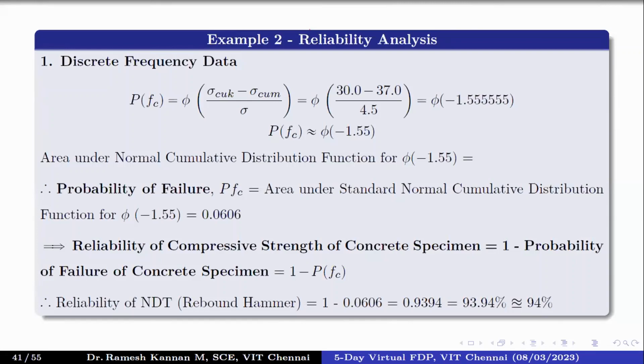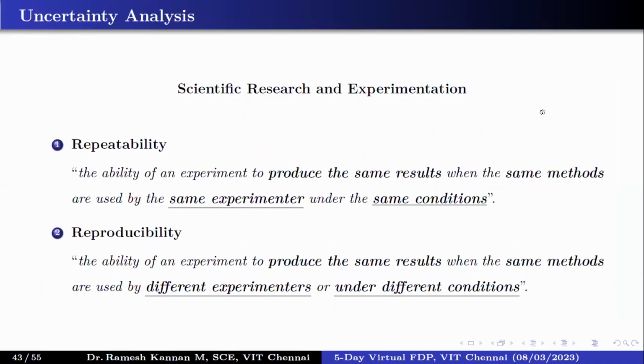We have talked about reliability, and we talked about what uncertainty is and the different types of uncertainty. For many of you researchers, it is mandatory to include the uncertainty analysis in your computation. That's what peer-reviewed journals and experts expect, and even for theses, people need to understand that in detail. Let's get into the uncertainty analysis.